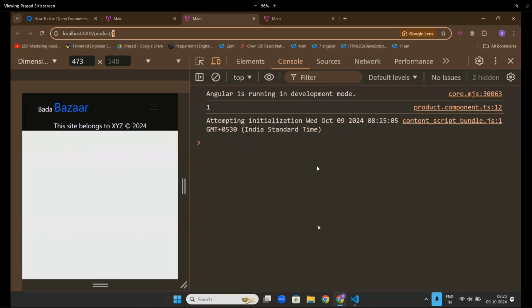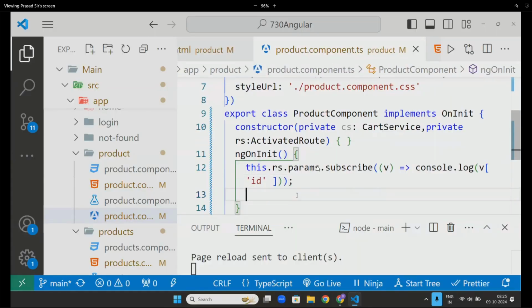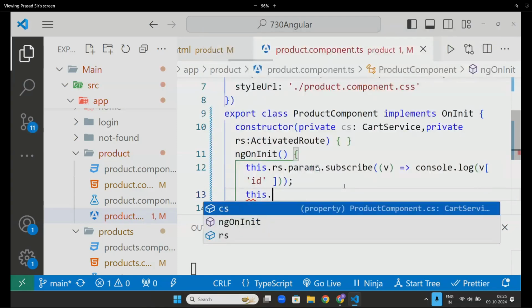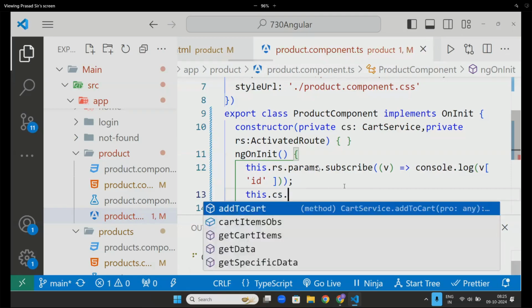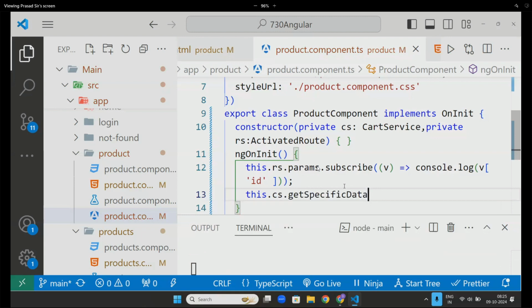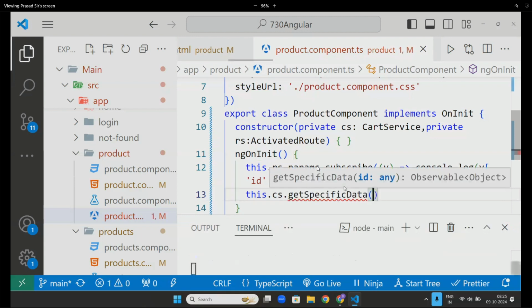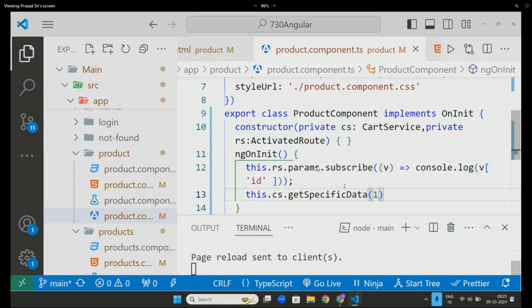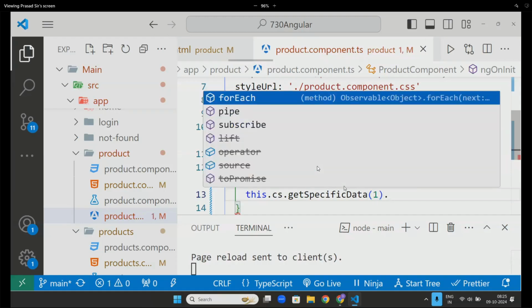Once I get it, I will call the API. How do I get it from the API? See, this dot cart service dot get specific data, and for that I will give one ID value, which is 1. I already wrote that. Then I will get one observable.